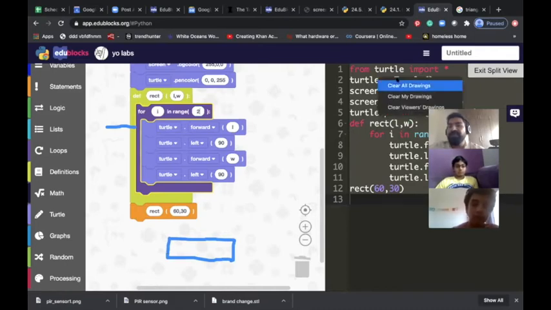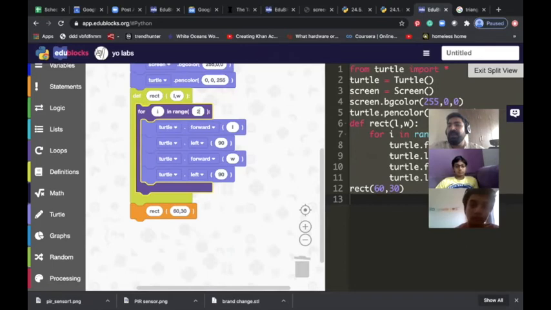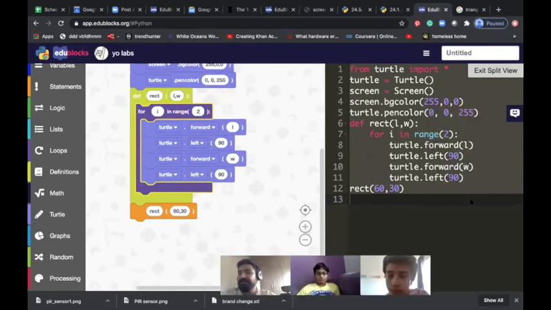Now important is when you have done this, just look at your code. What is this side and what has happened? Okay, so in the code, let's look at something. The very first thing is, one second, let me put my pen somewhere here. This is from turtle import something. So what happens in Python?